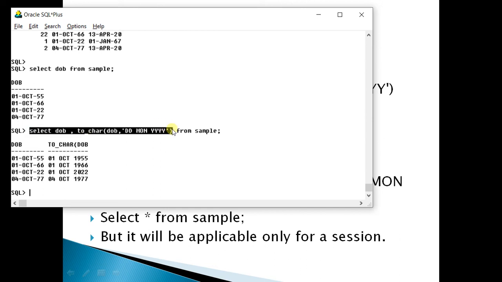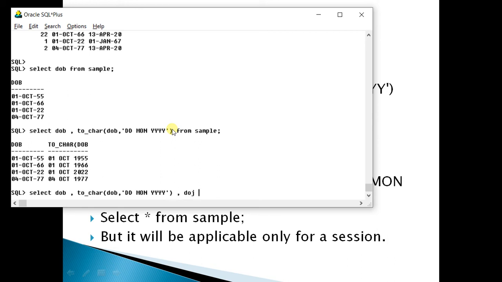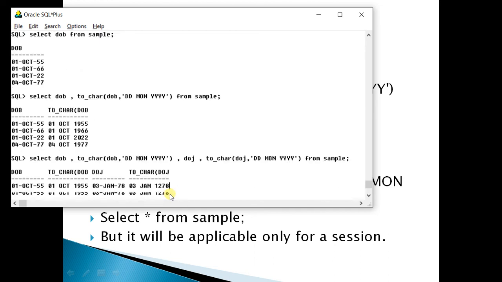Again, we can type like this, comma, date of joining, normal, and to_char of date of joining, the same format, from sample.